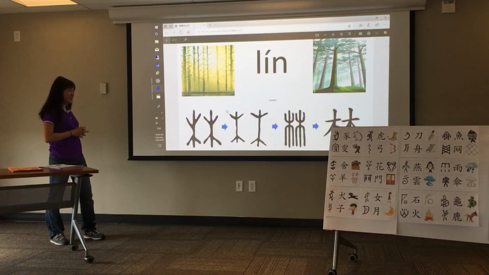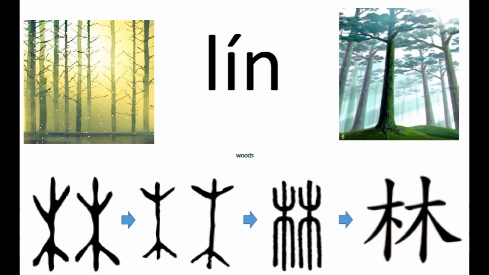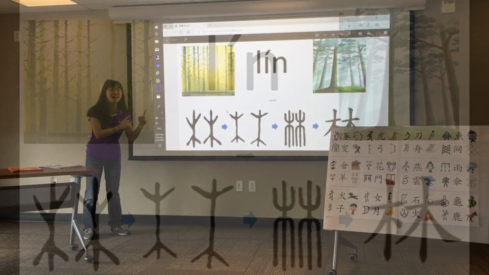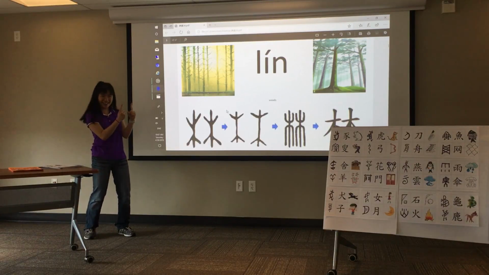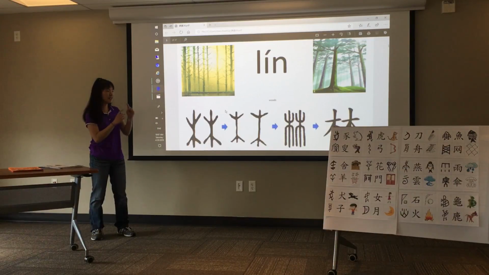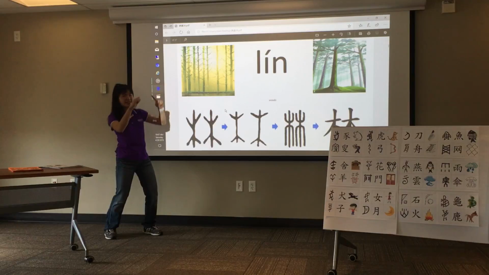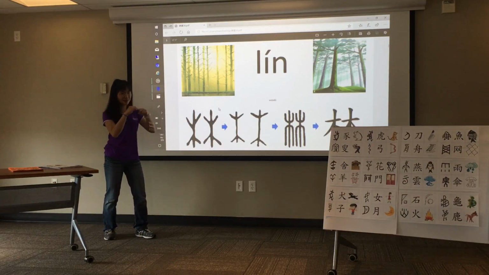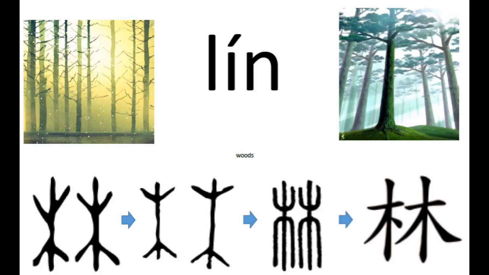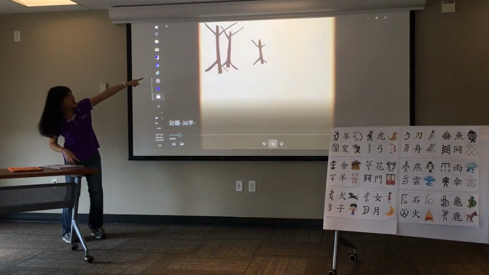This word is easier because this is just 2 mu side by side. And can anyone guess what that means? Wood. Like it's plural, so it's woods. It's not quite a forest yet because there's not enough trees for that. If you want a forest, you need to add another mu on top of those 2. So it looks like a pyramid shape, and that is the word for forest. But this is just smaller. This is woods, and it's pronounced lin. Lin, yes. So that's mu, and that's lin.